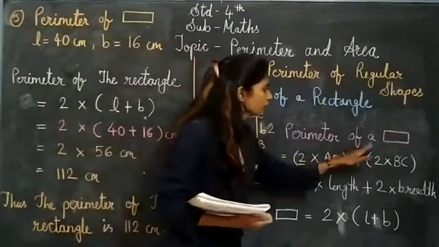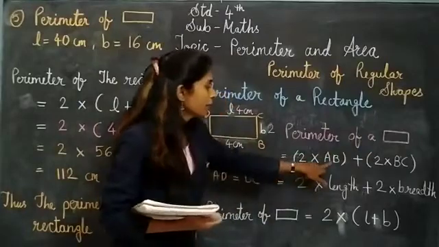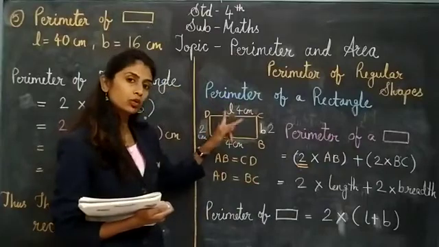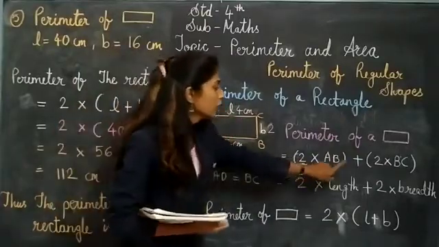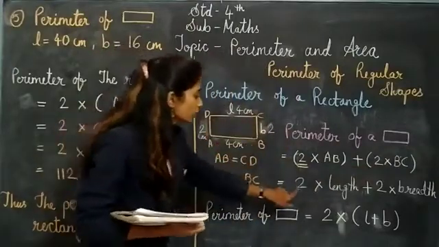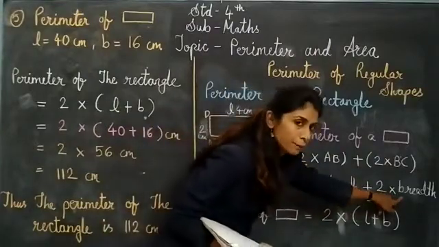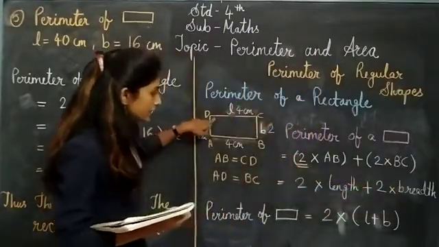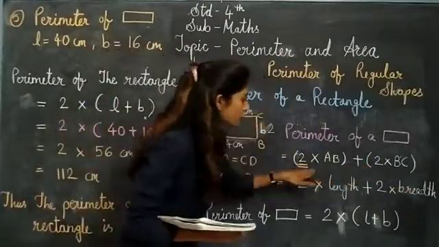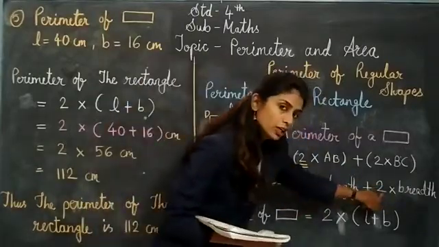Now when we are seeing the formula for the perimeter of a rectangle, the formula is 2 multiplied by AB. Why 2 multiplied by AB? Because AB and DC are equal to each other. Two sides we are identifying here. Plus 2 multiplied by BC. Okay, this is the BC. So the next step, 2 multiplied by length plus 2 multiplied by breadth. Here length is DC, okay, and breadth is BC. So this 2 is common for both the things. For length we have written 2, for breadth also we have written 2.